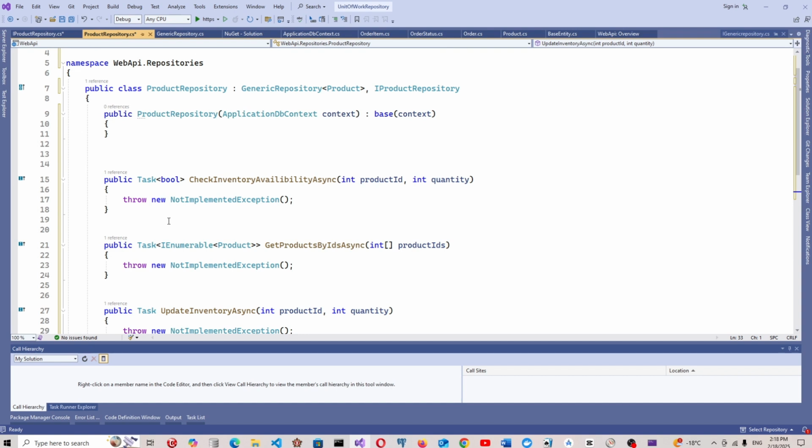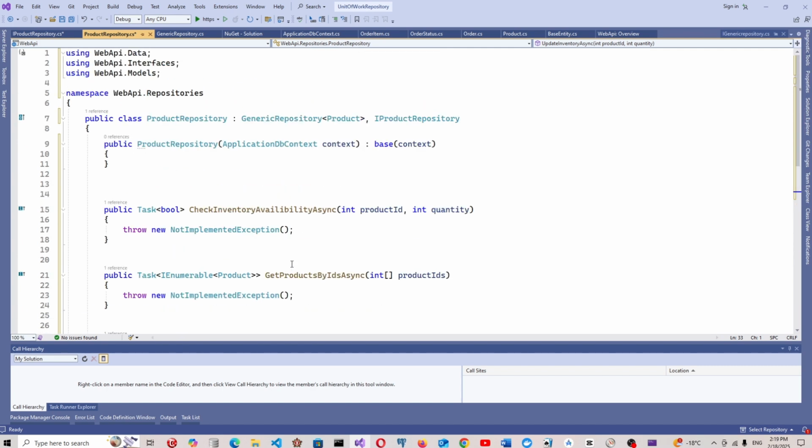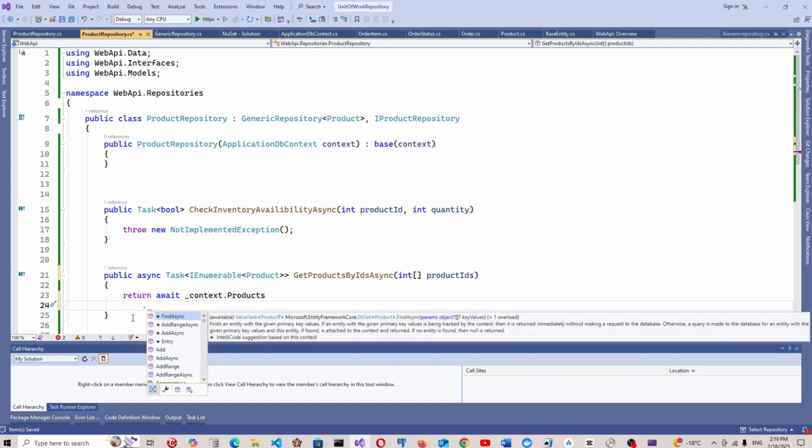And all we need is these three methods. Get products by ID, I think. That product ID async, and this will say return context products here,